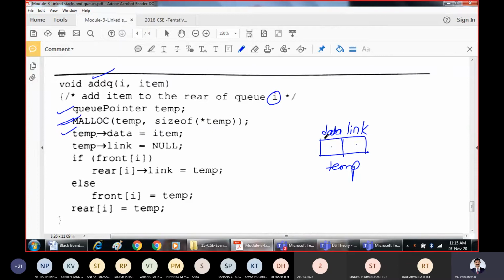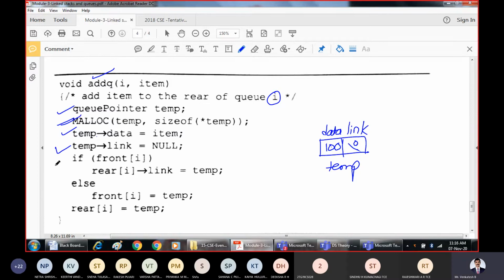For every node we will be having a data field and a link field. So write 100 in that place: temp pointer data equal to 100, then temp pointer link equal to null. So make it null, because we always insert from the rear end and delete from the front end. This is the rear end and this is the front end.